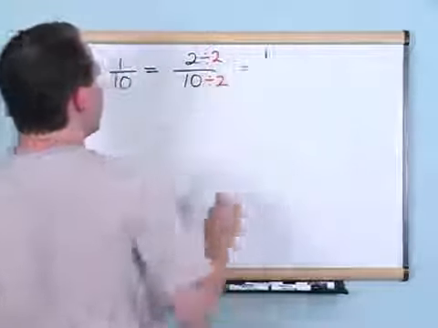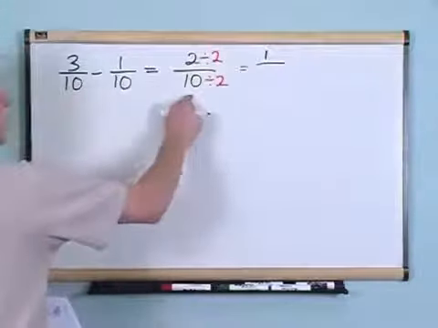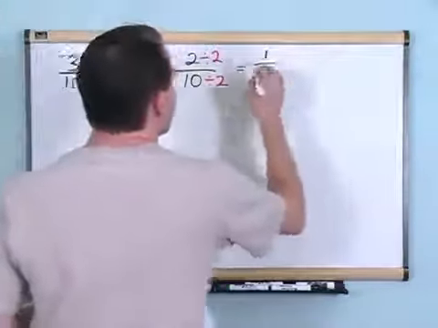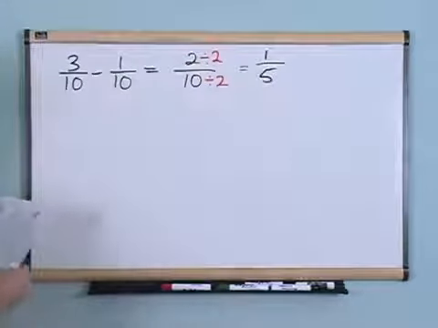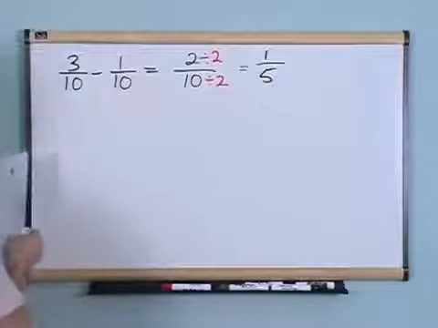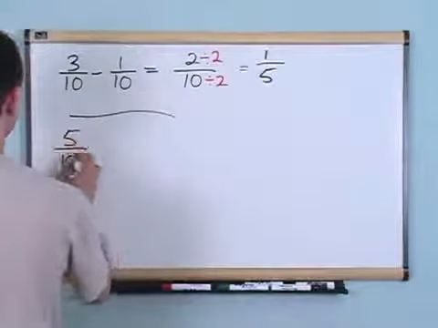Let's just see if that's going to make things simpler. 2 divided by 2 is just going to be 1. Anything divided by itself is 1. And then 10 divided by 2 is going to be 5. 1/5 is a lot simpler than 2/10, and that's as low as I can go, so that's going to be it. And the last problem in this section is going to be 5/18